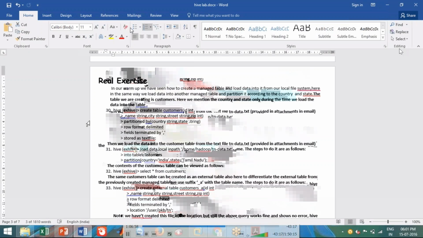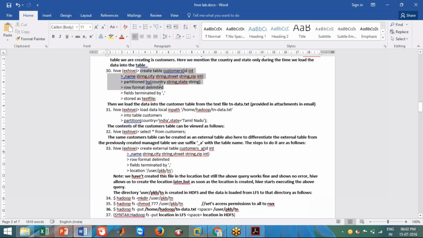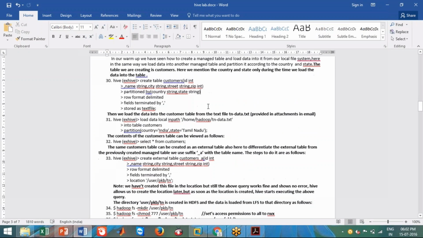Next is actually partitioning. We will be partitioning the table customers according to the fields country and state. This customers data will be scheduled as around